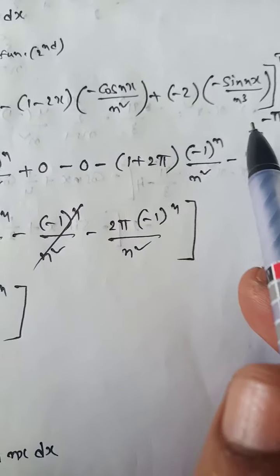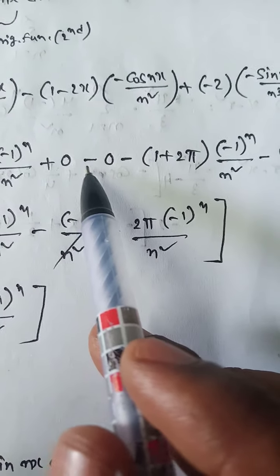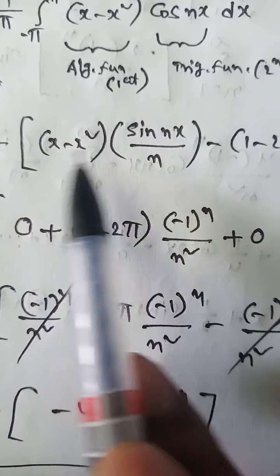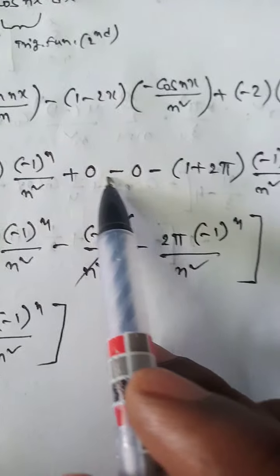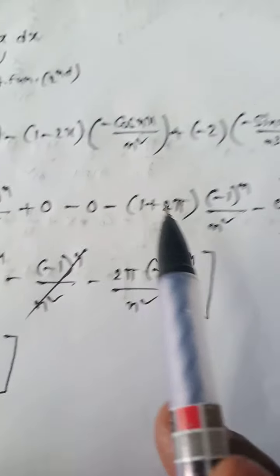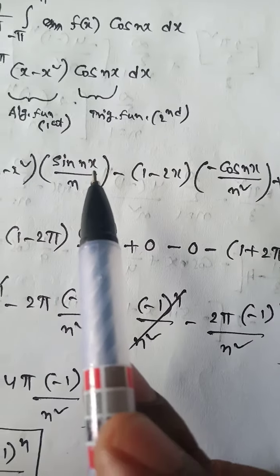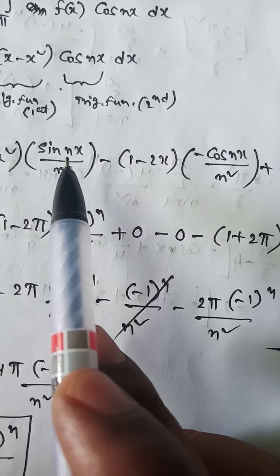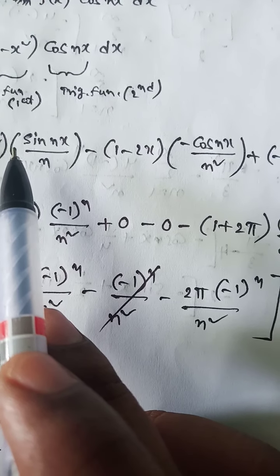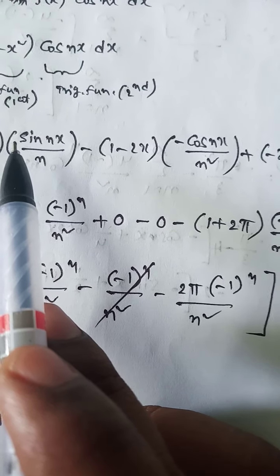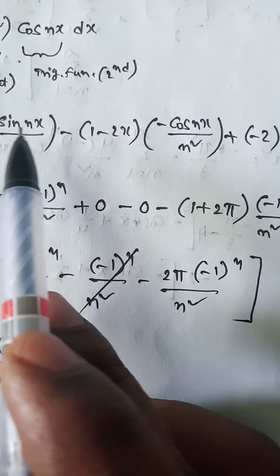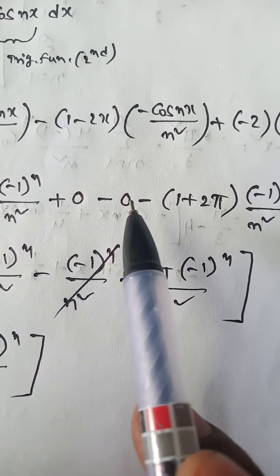And now here, before starting, the lower limit minus pi you should have. And here what we have? Plus into minus I have written. Here in the place, why am I writing 0 here? Because substitute x equals minus pi: sin of minus n pi is minus sin n pi, since minus will come out, sin of minus theta is minus sin theta. Therefore minus sin n pi you will have, and sin n pi is 0, 0 into anything is 0. Therefore we have